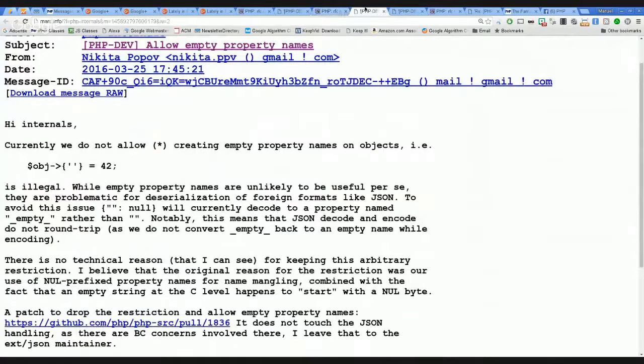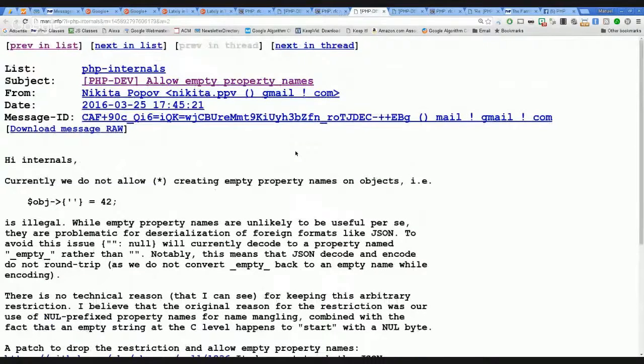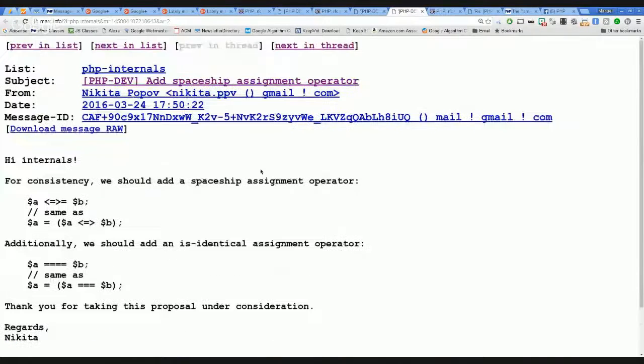Another topic is about allowing empty property names in classes. This is not usual, but since nowadays you can decode JSON objects, and JSON objects can have properties with empty names, the idea is to support this in PHP, so those JSON objects work as well. The next topic is about the Spaceship Operator, but this time applied to assignment statements.